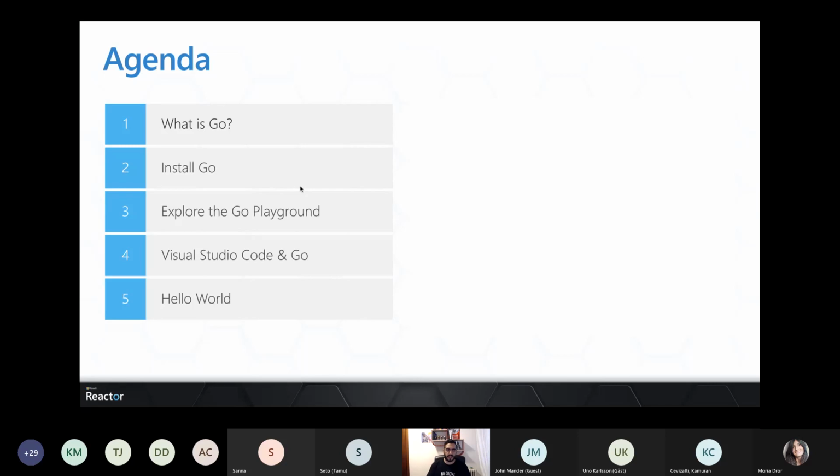Then at the middle of the session, we're gonna start creating our first Hello World, but this is gonna be different from the typical Hello World, although again, it's gonna be a few lines. I'm gonna take the time to explain to you the concepts of what I'm writing, why I include certain lines, and how I compile and how I run my application. So that's gonna be for today, and then at the end we're gonna have a summary and knowledge check.